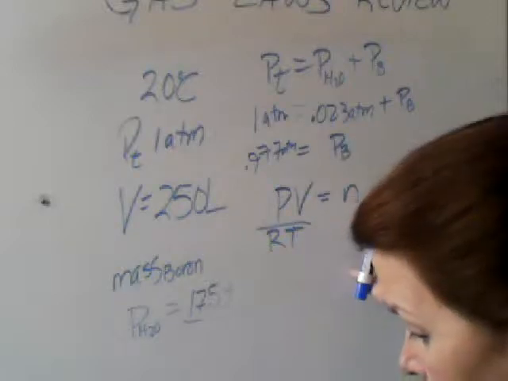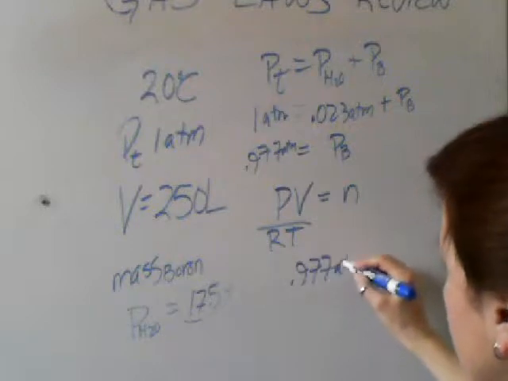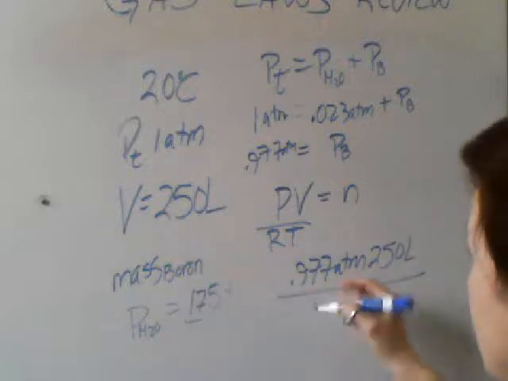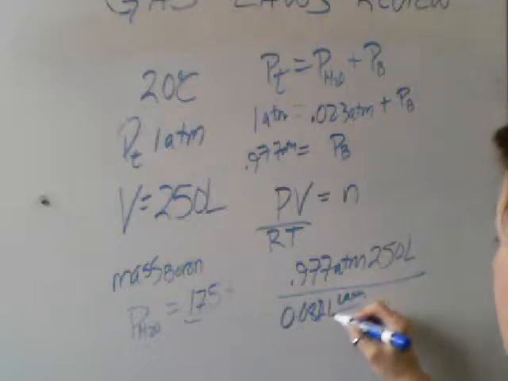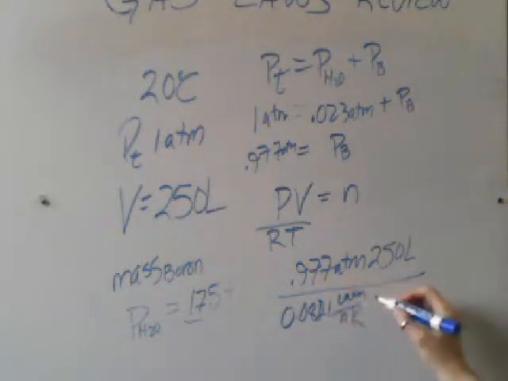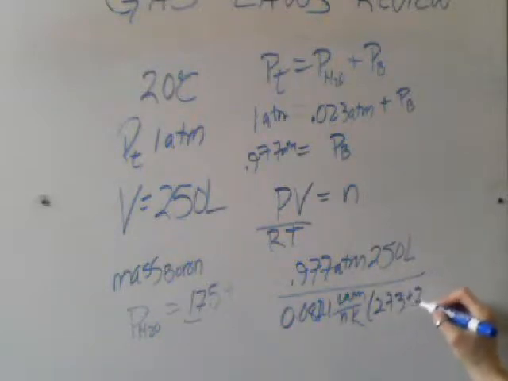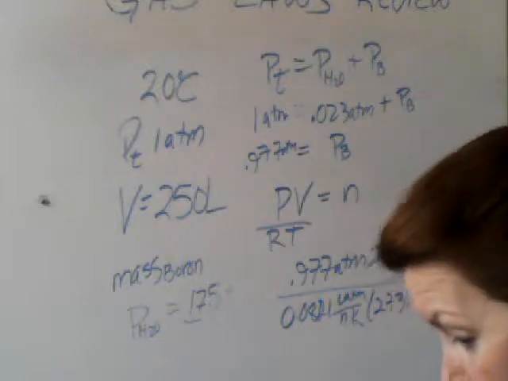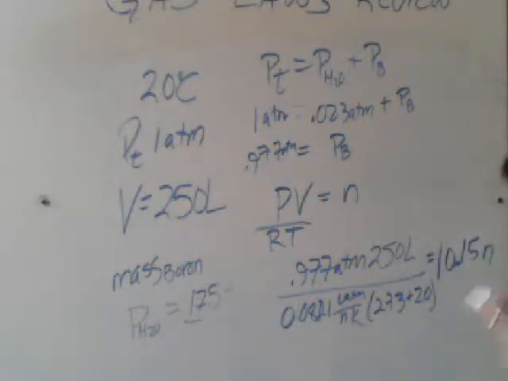And so we solve that by 0.977 atmospheres times our volume, which is 250 liters, divided by 0.0821 liter atmospheres per mole Kelvin, and our temperature, which is 273 plus 20, because we want it to be in Kelvin. We do all the math there, and we find out that we have 10.15 moles of boron,